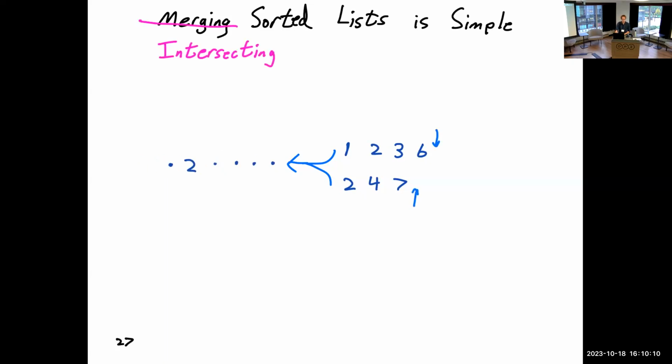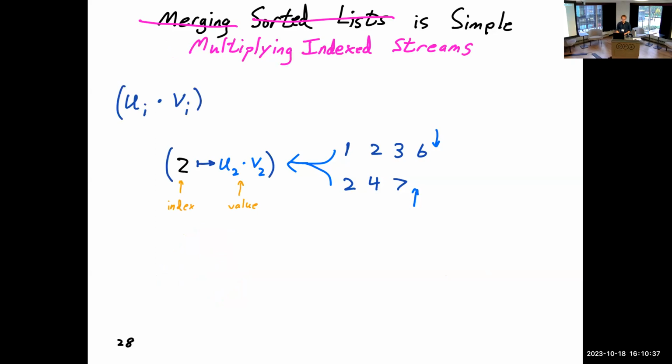Now, on the other hand, if you want to intersect 2 lists, you do essentially the same thing, except that you only output in the states where both of the values match. So I've denoted some other states in here that you can say are not ready to produce any output. And likewise, since the arrays are sorted, you might want to skip ahead, maybe use a binary search or a galloping technique when one of the values is very far behind the other. So in fact, this idea translates very, very straightforwardly to multiplying vectors element-wise. The only difference is that we output the product of 2 elements alongside the index as we go along.